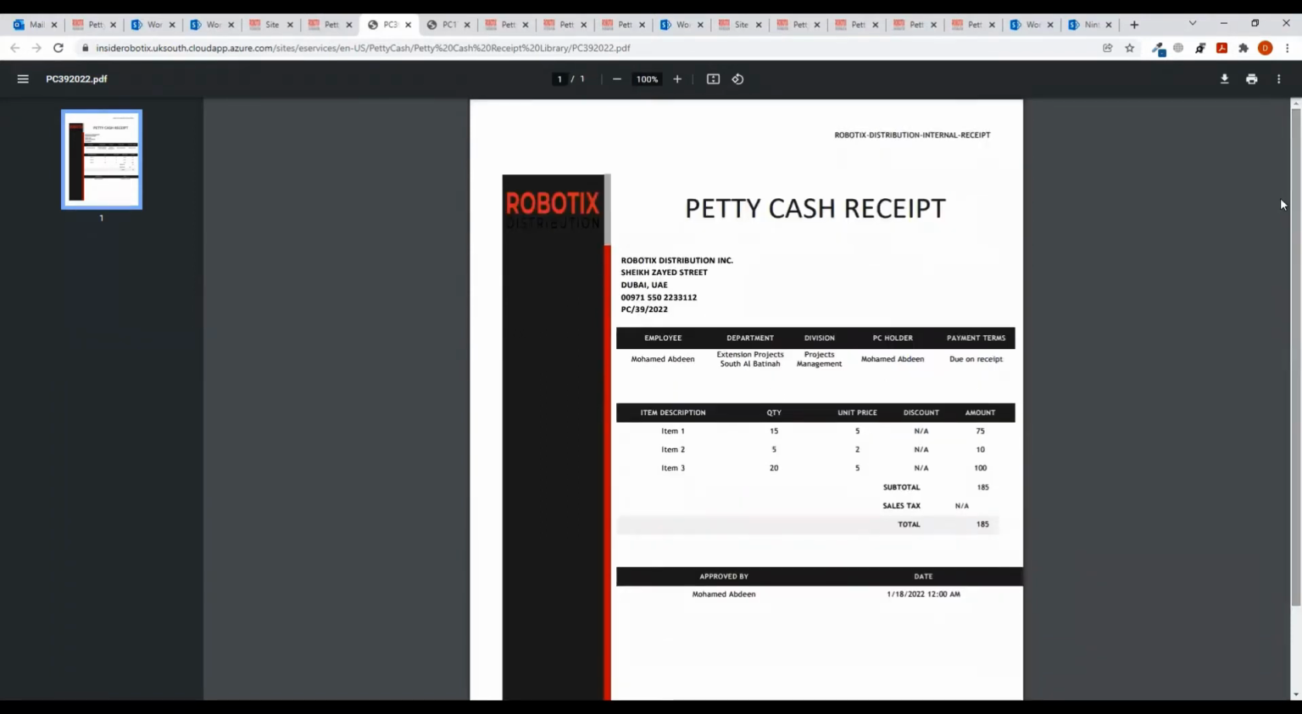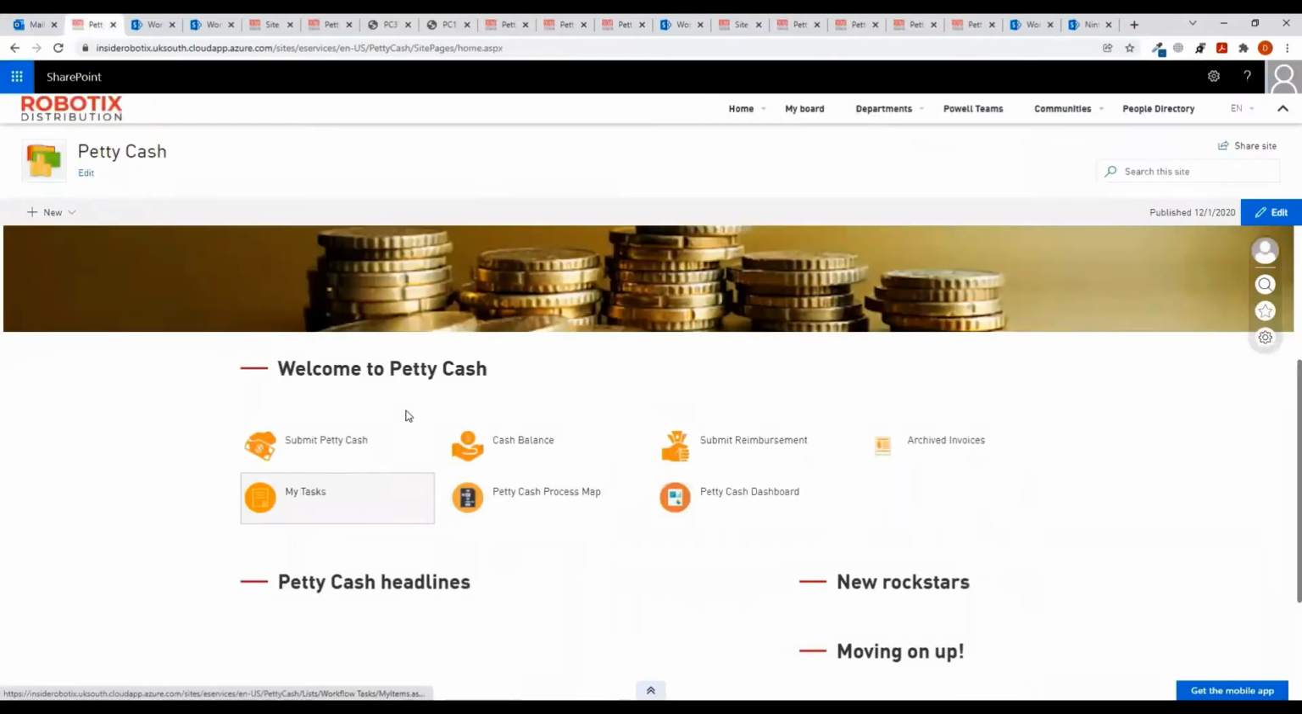When the document is generated, it will go to Nintex Sign to be electronically signed by specific signers. Let me go back to our dashboard here and check the other functions. Here we have the petty cash dashboard. The petty cash dashboard will include